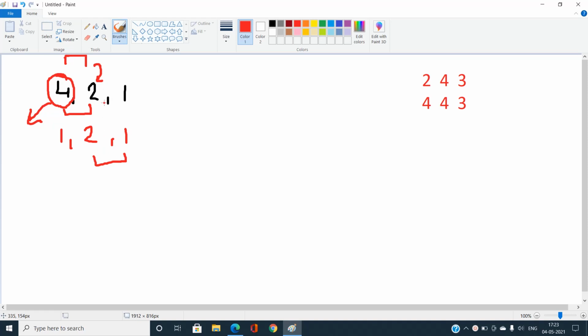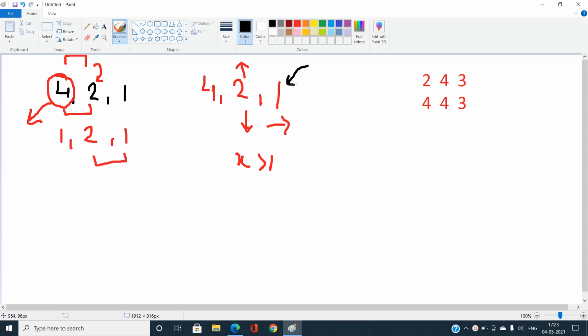Okay, so we have this array 4, 2 and 1, and let us try to change this 2 to any value that we want. If we try to increase the value of 2, you can easily see I'm still getting some value x that should always be greater than 1, and this should also not satisfy the criteria of non-decreasing. And let us try to change this element.